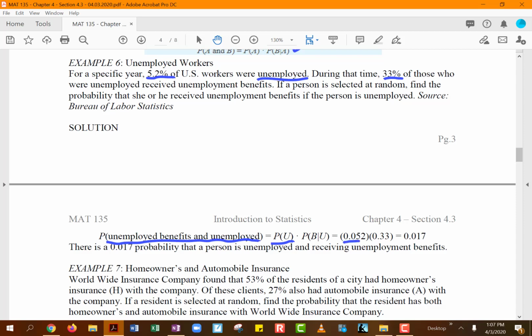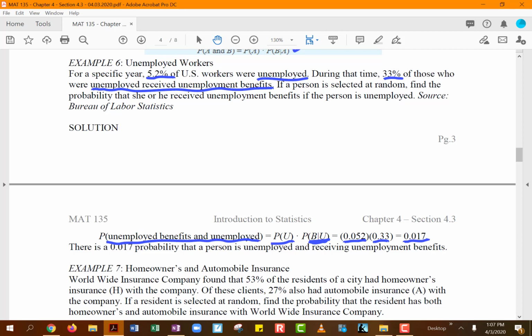So convert that into a decimal and you get 0.052. Now the second one is going to be the probability of people who were unemployed and received unemployment benefits, right? So B is for benefits, and we are saying they're receiving the benefits given that they are unemployed. So that was our 33%. So again, as a decimal, that becomes 0.33, and then multiplying those two numbers gives you